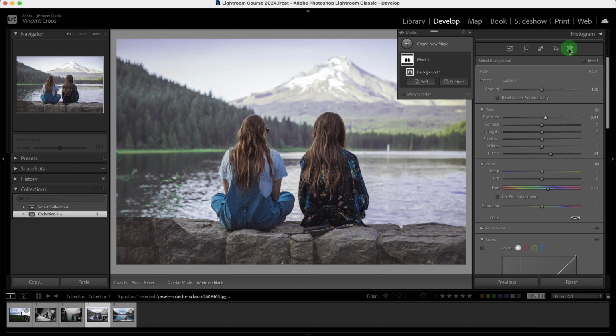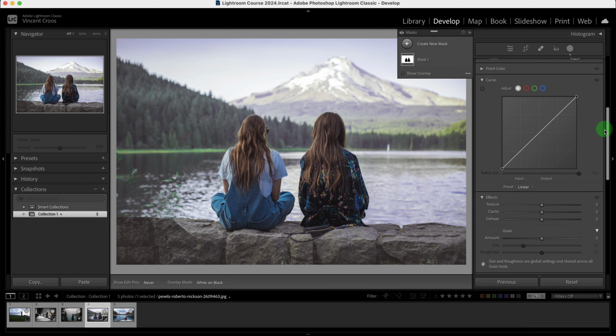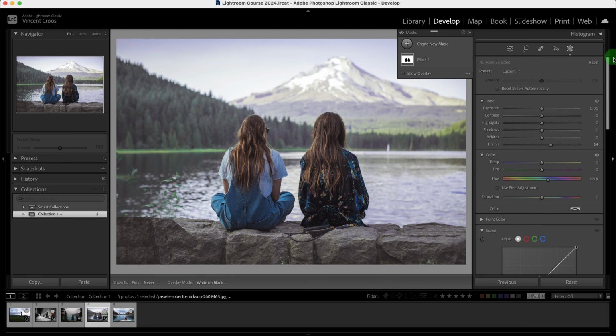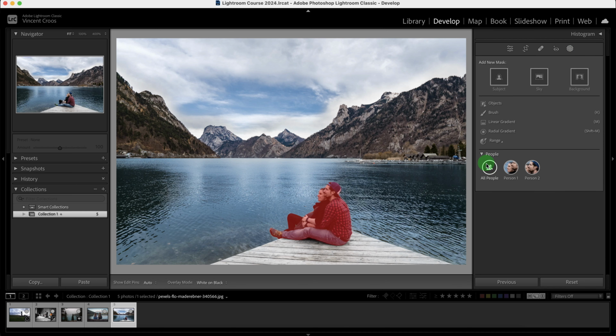They're pretty handy because when I first started using Lightroom Classic and Photoshop, these AI tools were not available. Right now in 2024, it's all about AI, or almost all about AI, but it definitely saves some time with masking. If you quickly want to mask people in Lightroom Classic, there is a people tool that's available in